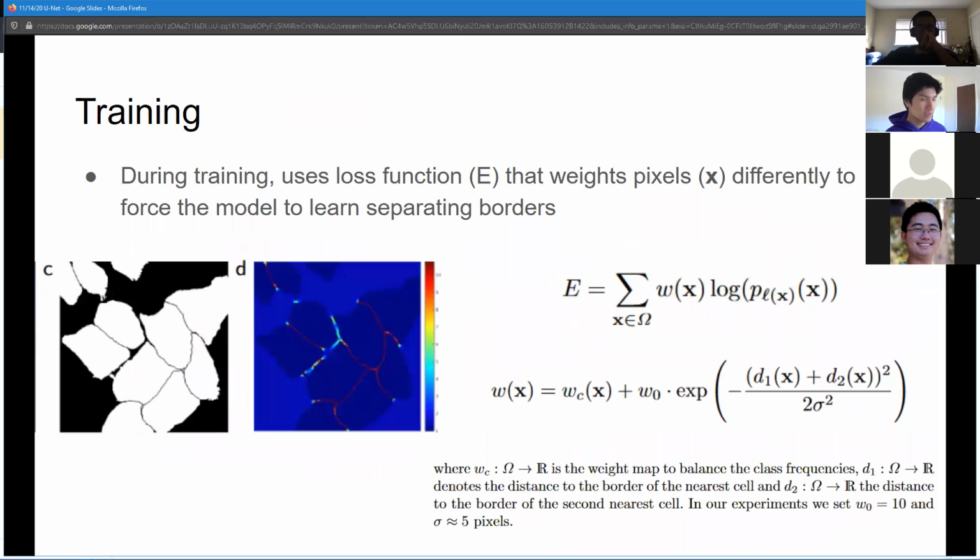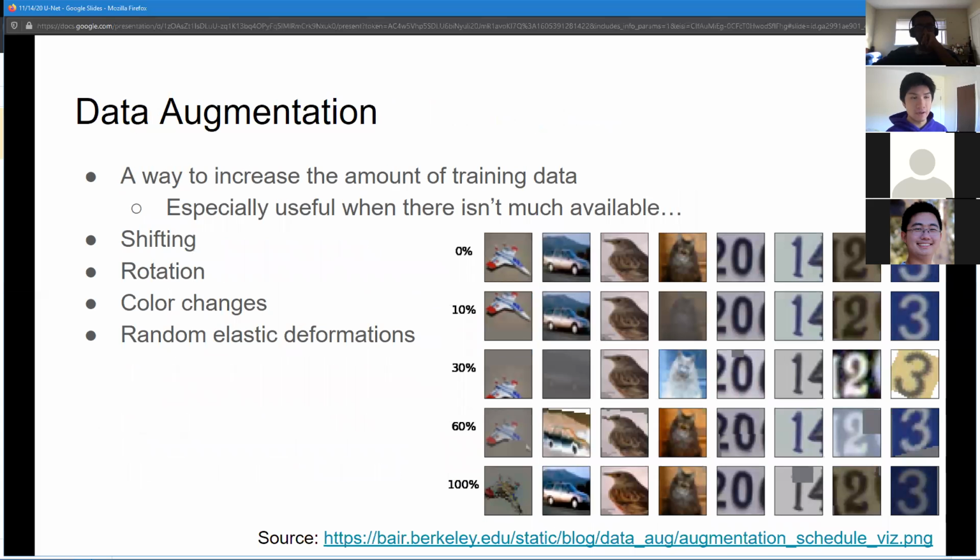Let's see, where were we? Yeah, that's data augmentation. You can easily imagine your training data is going to scale up a lot, right? If for example you have n amount of training data, then for each type of data augmentation, you can also do it at different values, right? Like you can shift by 10%, or you can shift by 30%. So it easily becomes some constant times n amount of training data.